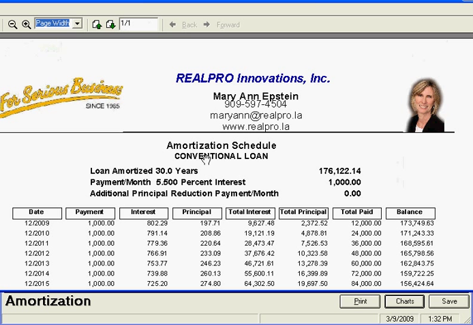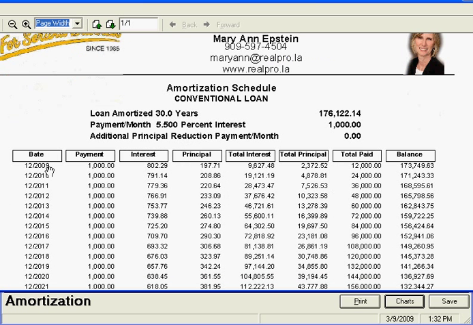So here we have amortization schedule, conventional loan. The loan was amortized 30 years at $176,122. The payment every month was $1,000. Of that $1,000 during the first year, every month you made a payment of $1,000. Interest was 802. Principal was 197. Total of the interest during that year was 9,627. The principal was 2,372. The total paid was 12,000, giving us a balance of